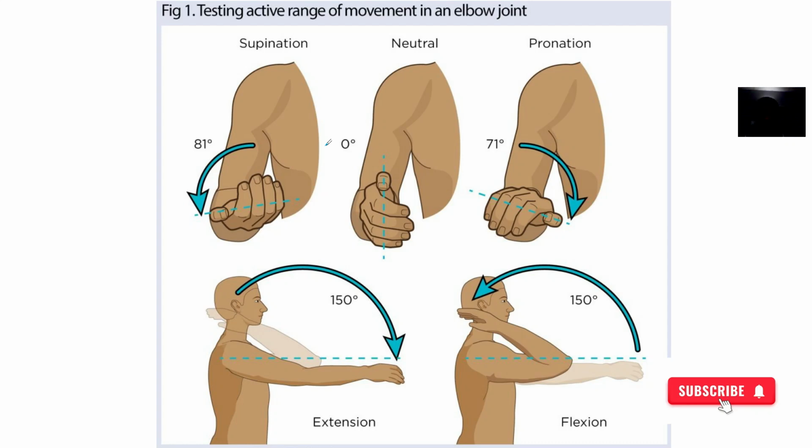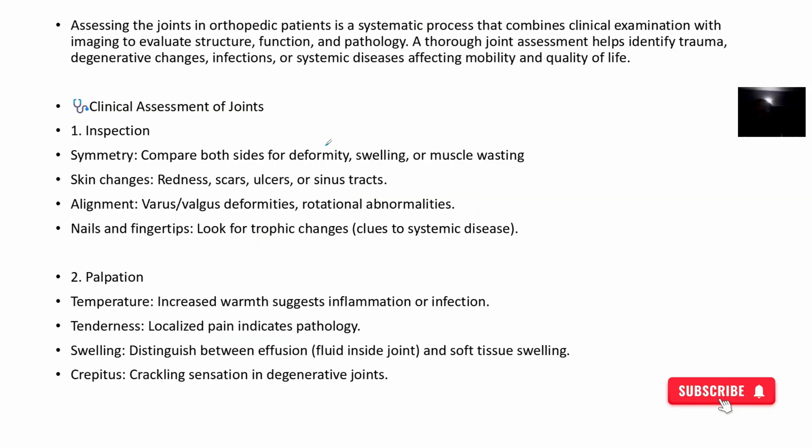So for assessment of the joint, you are trying to do all those active ranges. So you're asking the patient to actually do some one or two movements and all of that, so they can see where they are deficient. So you're assessing here,